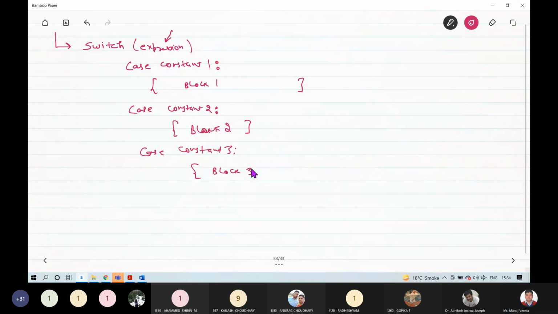Right, case 4 also I can make something like this. Okay, this has to be semicolon. This has to be colon, double colon. Right. So suppose, okay, the best example of the switch cases is, suppose I want to